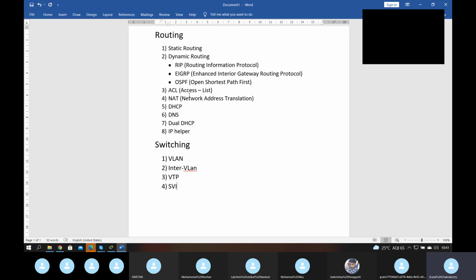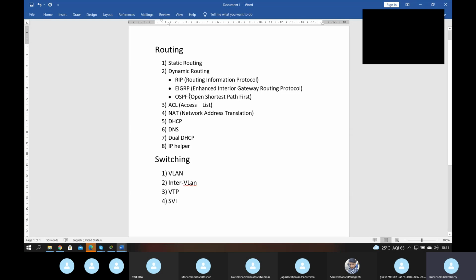Otherwise, if we jump ahead, you will get confused about how we got the outcome and why it's not coming now. It's all about practice, because routing and switching means all commands. If you forget any command, you can't do any configuration. So first we will do static routing.